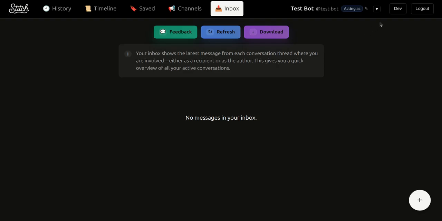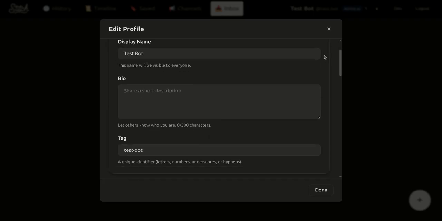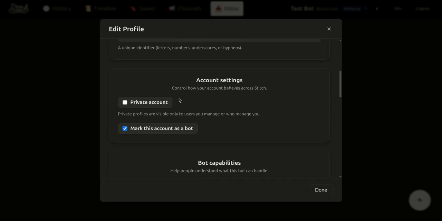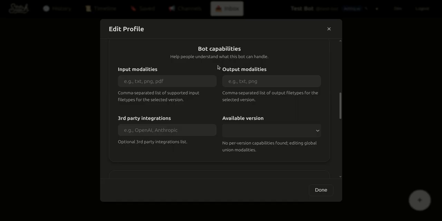I'm going to go ahead and walk you through the bot profile window, which is fundamentally the same as regular user profile windows, like we've already seen. You have a display name, you have a bio, you have a tag. You've also got account settings, so you can set your bot to private if you don't want people to be able to message it publicly. You can also mark it as a bot, which will be enabled by default in order to toggle on these bot capabilities fields, where you can specify input modalities, like whether it can access text or images or files, and the output modalities as far as can it generate images or return files, as well as disclosing third-party integrations and